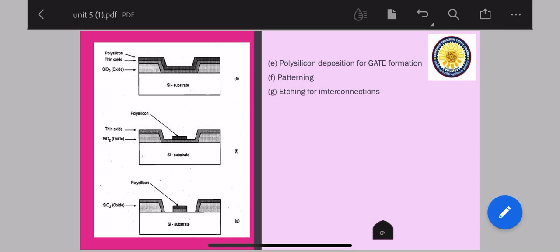So in step number F, your polysilicon is patterned to form your gate structure, and at last your gate structures can be formed, as in your G diagram. And here the etching has been done for the thin oxide layer for the interconnects. After deposition, the polysilicon layer is patterned and etched to form the interconnects and the MOS transistor gate. So as you can see here,